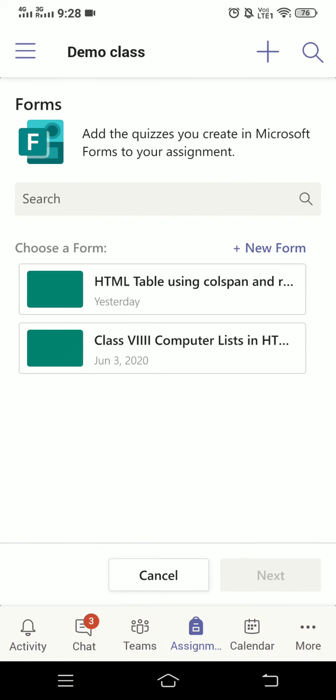Then you have to click this new form. When you click on new form, it will switch to the browser.